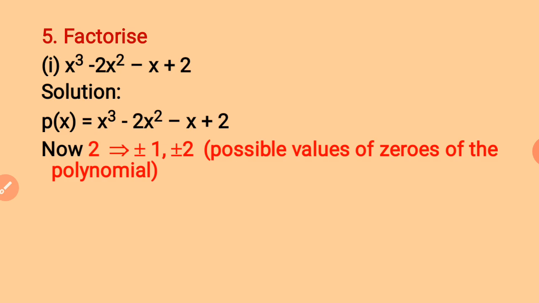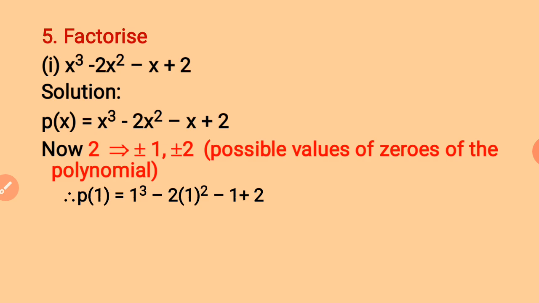Once you get it, then you will try to use the remainder theorem and you look out for the remainder to be equal to 0. If the remainder is 0, we will say that the given value is a factor. So let's begin with the remainder theorem. So we are putting p equal to 1. We have 4 values, 1, minus 1, 2, minus 2.